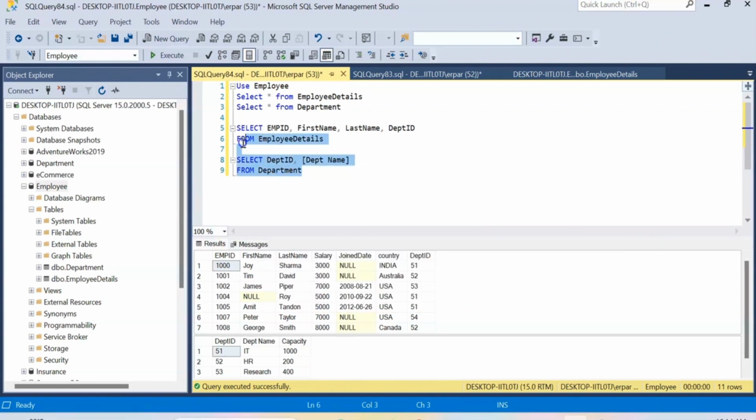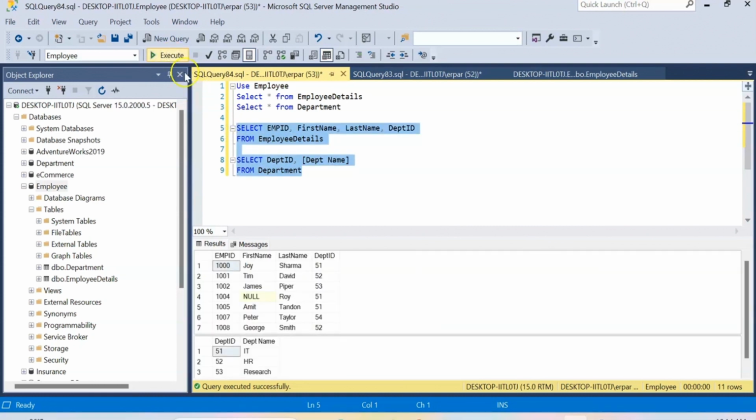I have these two queries that fetch only these columns. If you want to put any other condition, like a where clause, you can do it. For example, let's say where